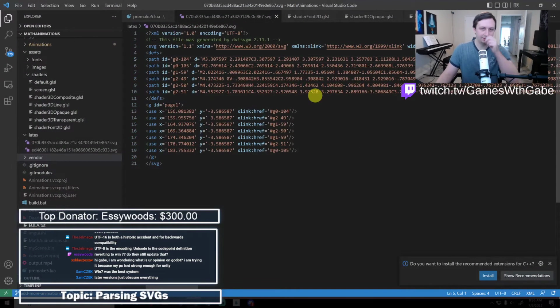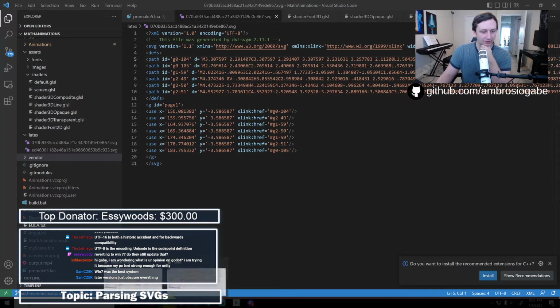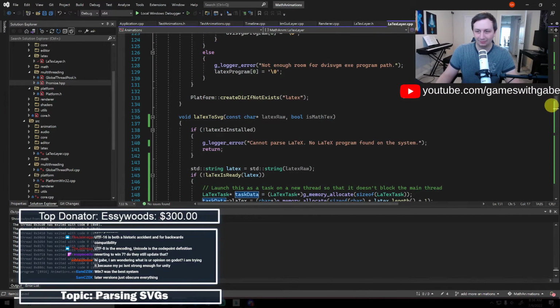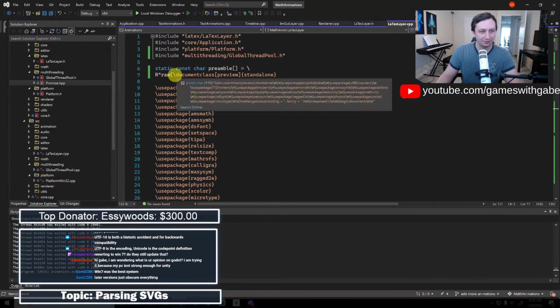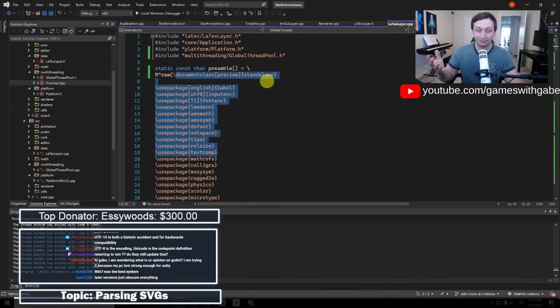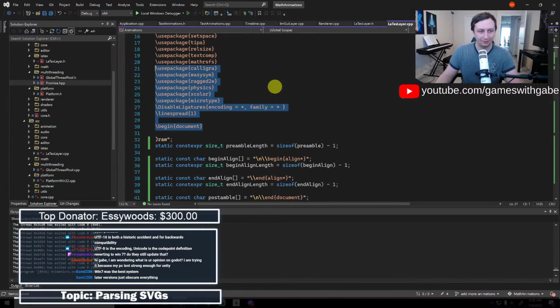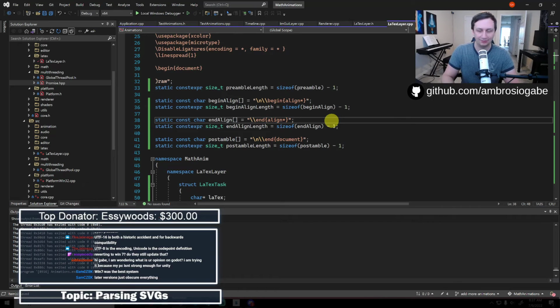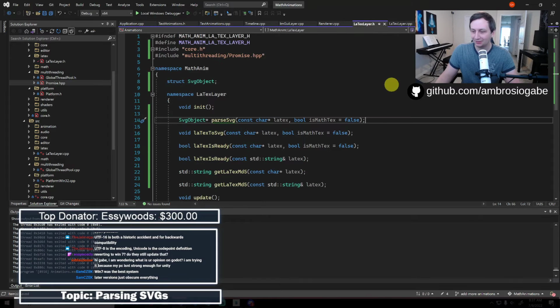All that does is it adds an align macro. If we take a look at the files that are generated, well, I guess we can't take a look at those. If we take a look inside of this, basically this is what it writes. It creates a text file and goes ahead and writes all this stuff out. And then if you say it's math text, it just adds a begin align and an end align, which is like a macro, I guess, in TeX. I don't know how to pronounce that. We're just going to go with TeX.